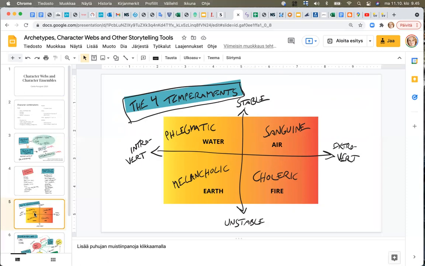So basically the four temperaments were the four elements, which were water, air, earth, and fire. And then the idea was that some people were more fiery, some were more airy, and so on. That one element was more dominant in one person. And then it was somehow combined with the fluids